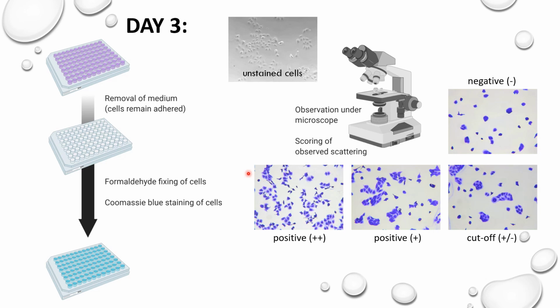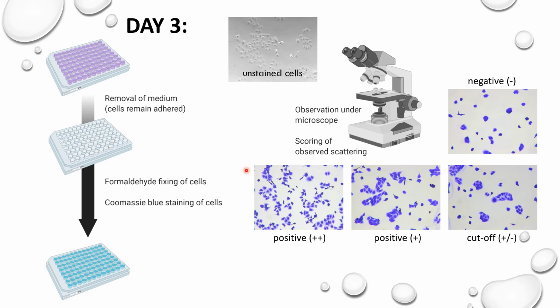Sometimes you have a really sharp cutoff, which means that you go from one well being a positive scatterer and the next is really negative. It can happen. The most important thing to realize here is that this is a sort of qualitative scoring that you do,